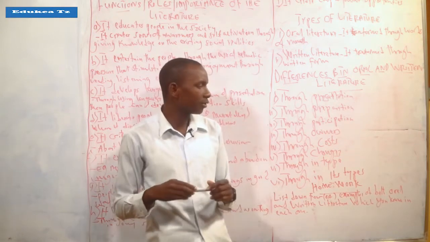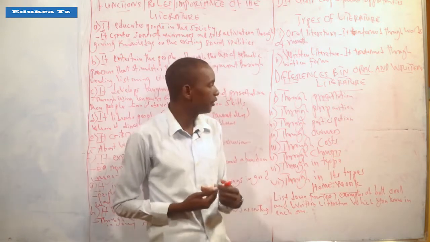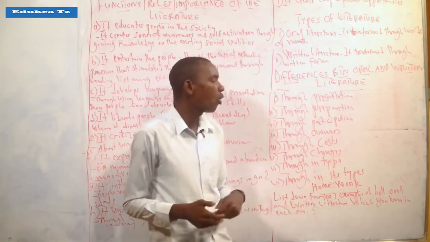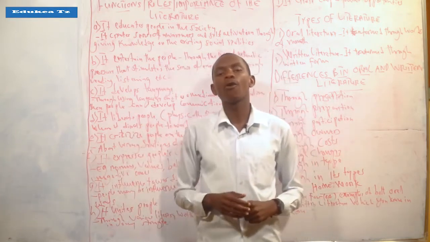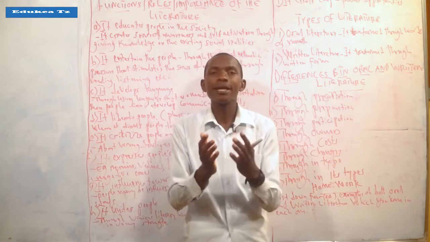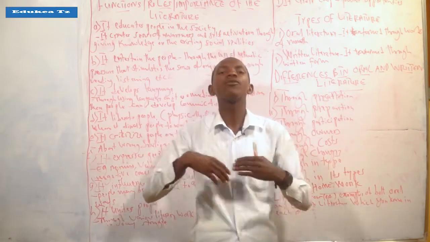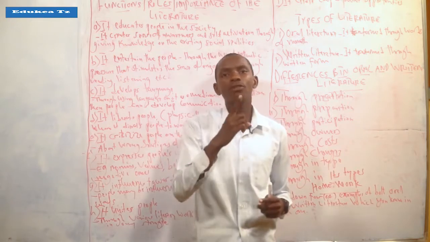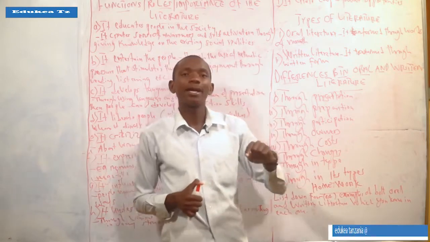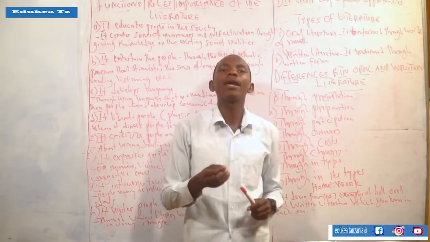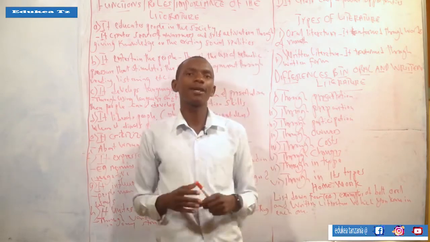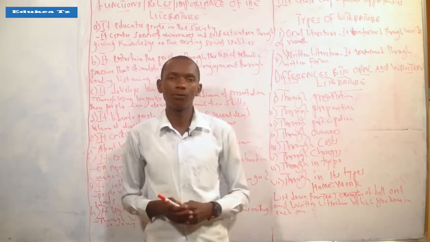So due to that, that is another distinctive feature or difference between oral literature and written literature. And another one is ownership. Any kind of oral literature is owned by the community, communally. That's why there is no single owner of that literary work. But written literature is the property of the writer or author of that literary work. So that is another difference between these two types of literature.